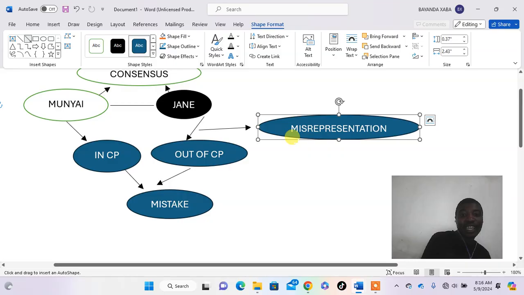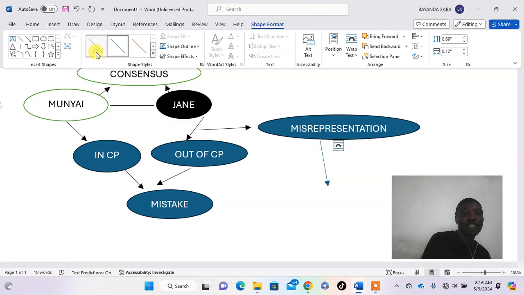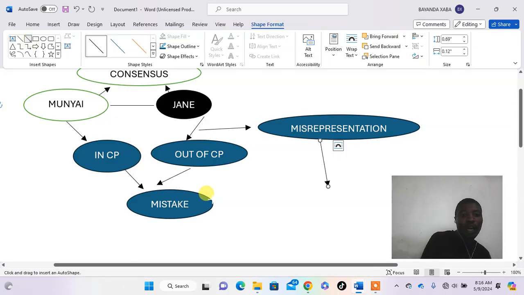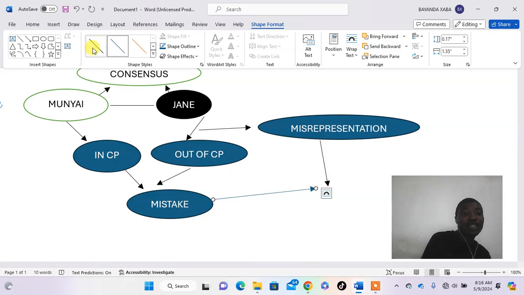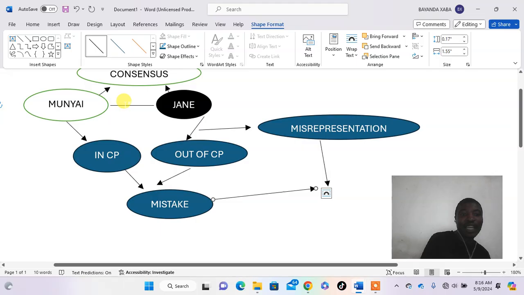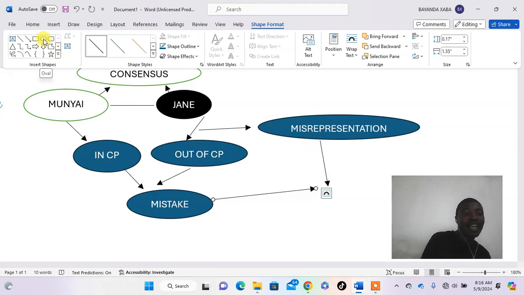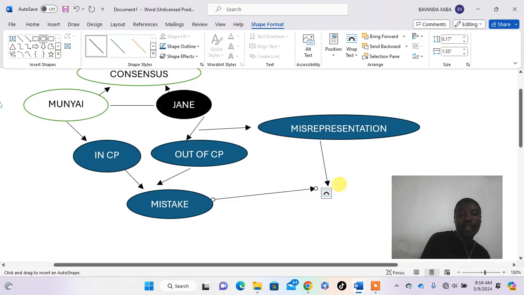Whether consensus was obtained through misrepresentation or through a mistake, each party can rely on what we call in law